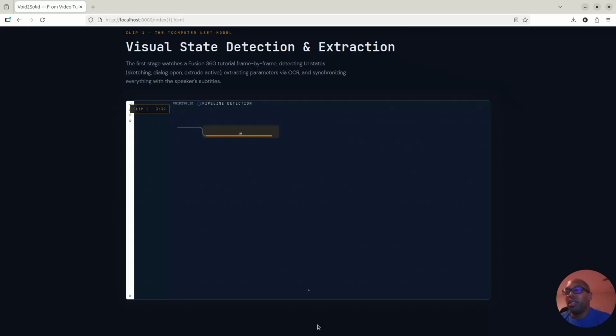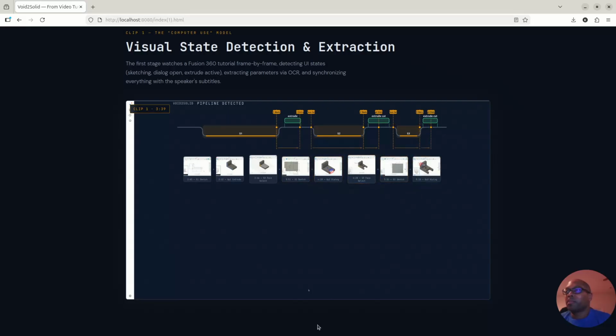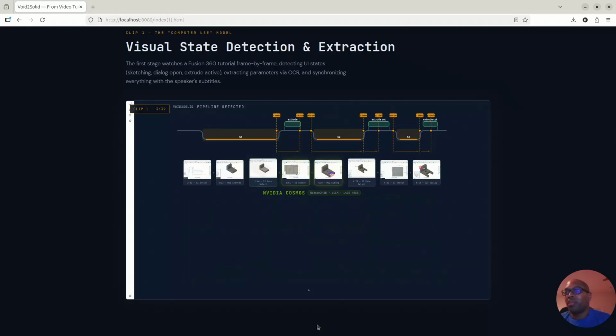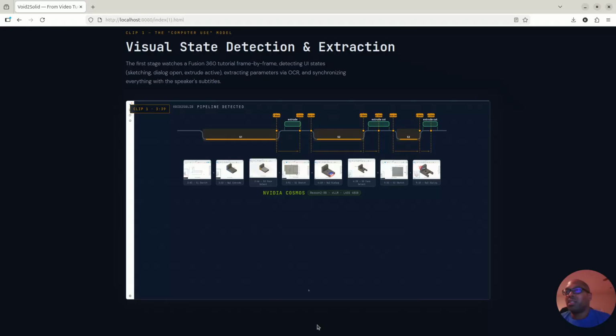As you can see here, it read the frames of the file, came up with its own pipeline for what happened during the construction of that primitive shape. And Cosmos Reason says exactly what happened. There was a sketch. It clicked on this button here at this particular point to come up with these particular parametric shapes,